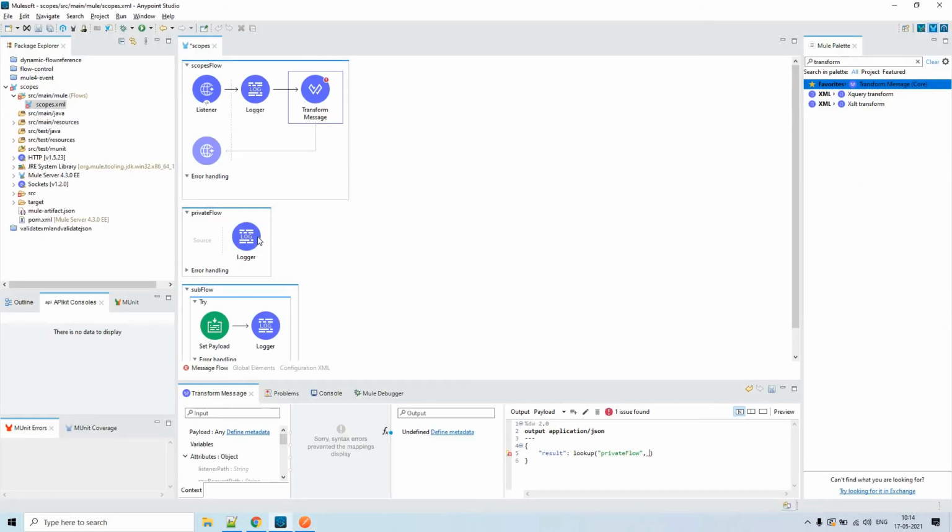I will add something to that, and the updated value will come as a response from the private flow, be assigned to this key value, and be sent as a response to this HTTP listener. So let me send the payload here.